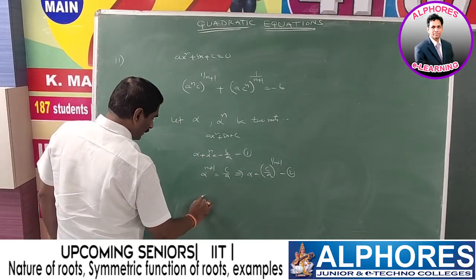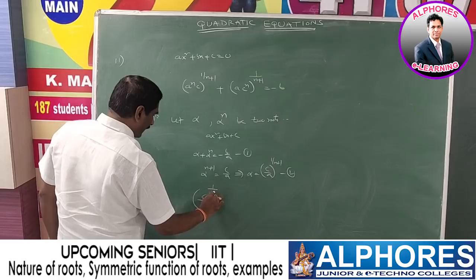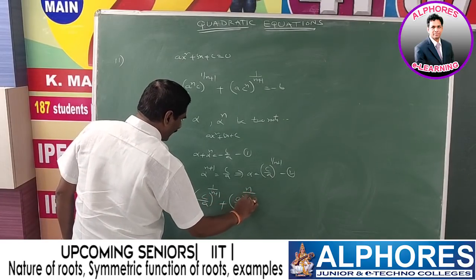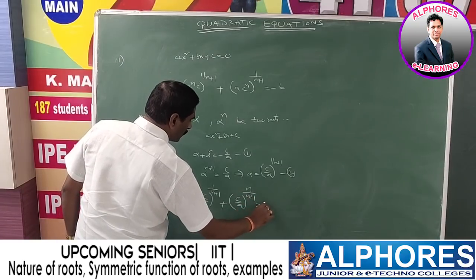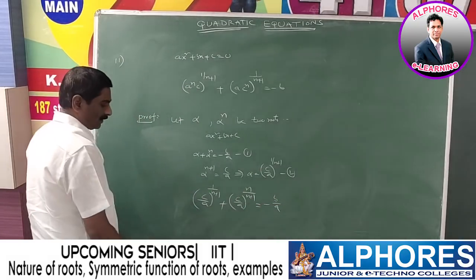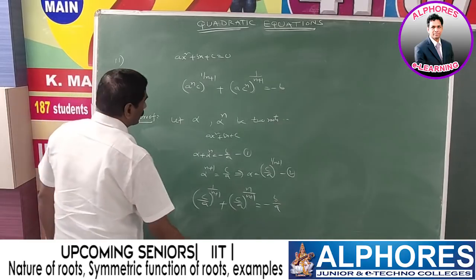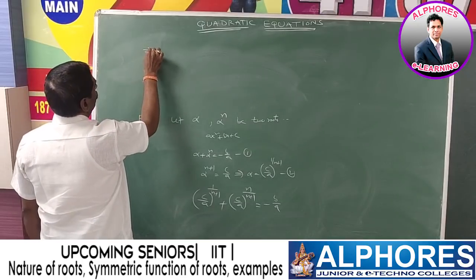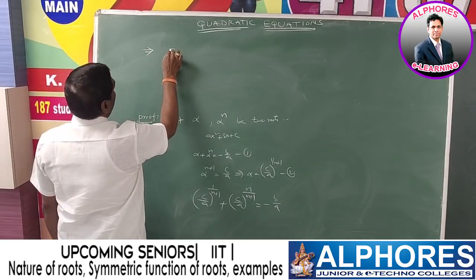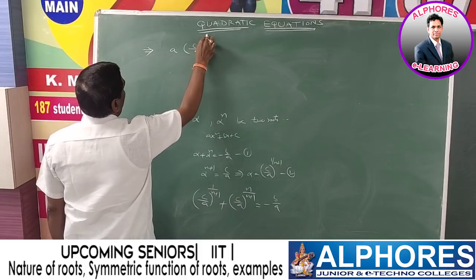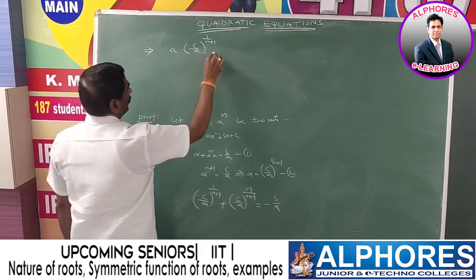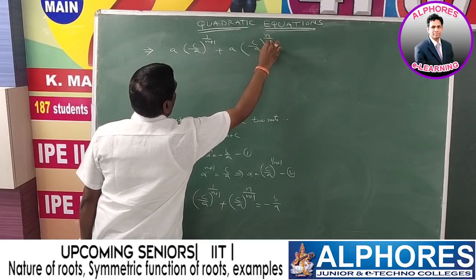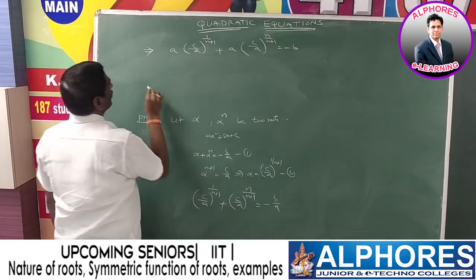So, we get c by a whole power 1 by n plus 1 plus c by a whole power n by n plus 1 is equal to minus b by a. After cross multiplication, we get a into c by a whole power 1 by n plus 1 plus a into c by a whole power n by n plus 1 is equal to minus b. That implies